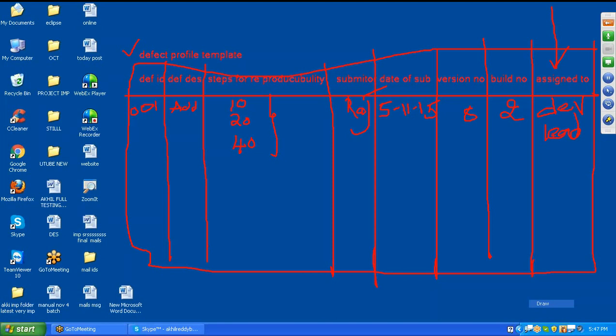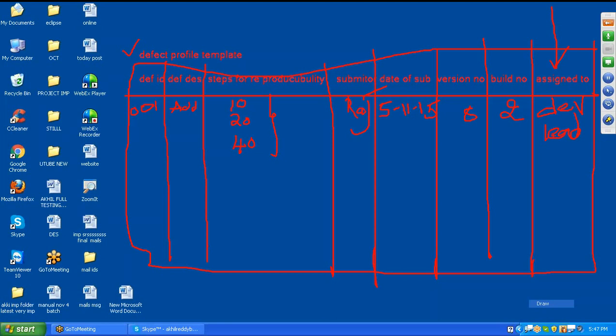Some companies are using Quality Center. I will teach you Quality Center also. Wherever you go, 90% of the companies are using Quality Center. Whether it is India, UK, Australia, Germany, Japan, all the companies use one tool for defect raising, Quality Center. After completing the manual course, I will show you Quality Center also.